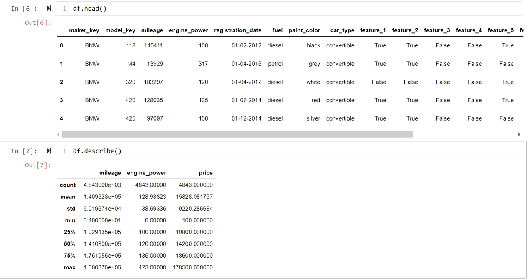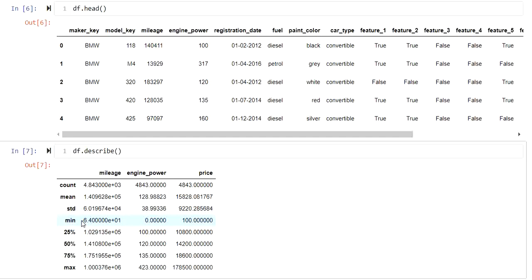If you see the column mileage and its minimum value, that is going negative. Let me tell you, the mileage here represents the total distance traveled by the car so far. Now if mileage illustrates distance, my question to you: can the distance be negative? If you think no, you are right. Distance cannot be negative, but if you see our data, it has a negative distance. So it is a clear case of a data issue, and this has to be corrected.